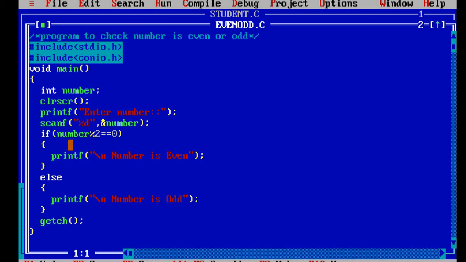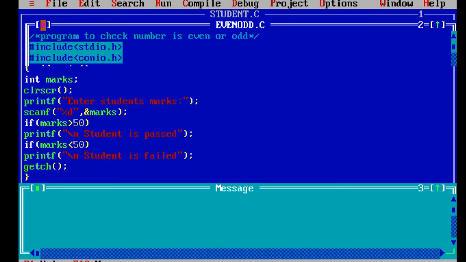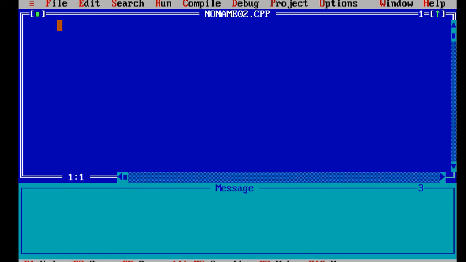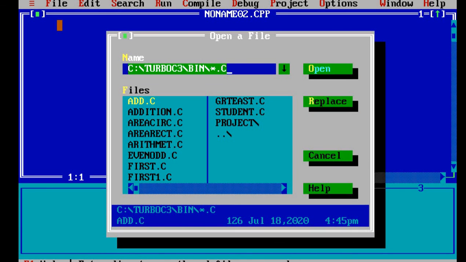So the next example is related to the largest number. We need to find the largest of three values by using nested if else. So just again go to file, new, sorry,